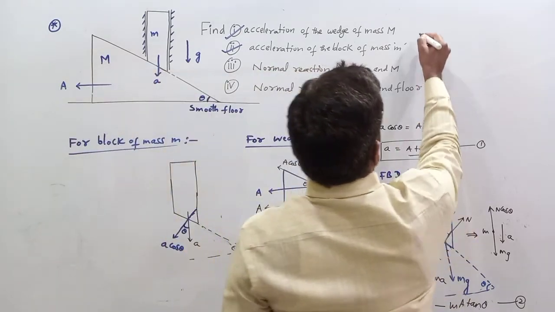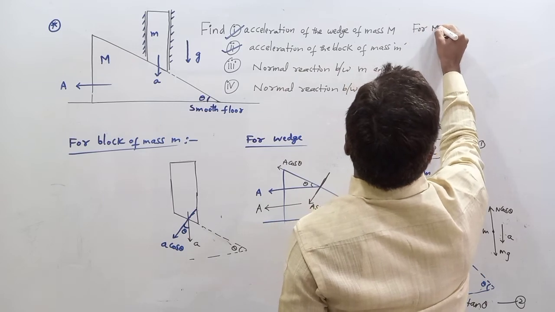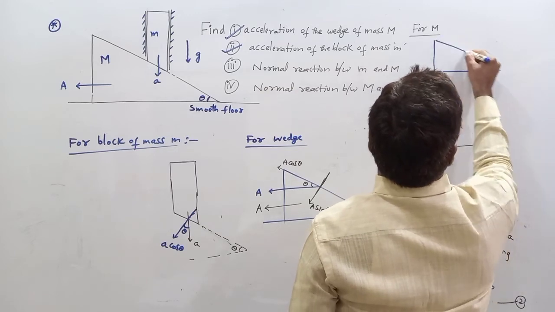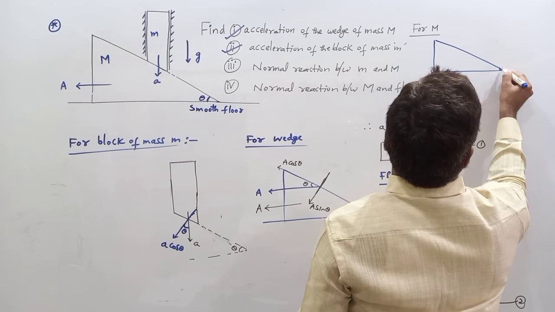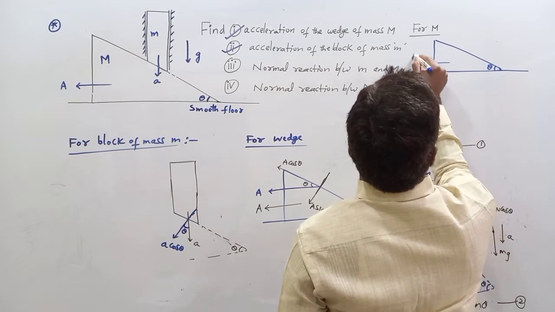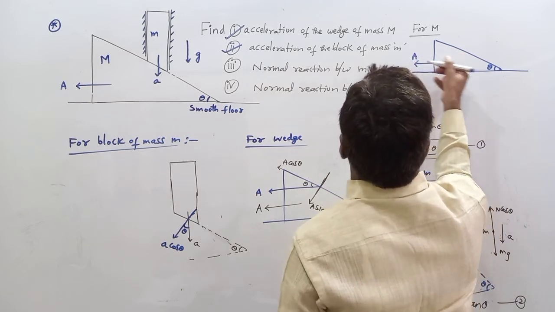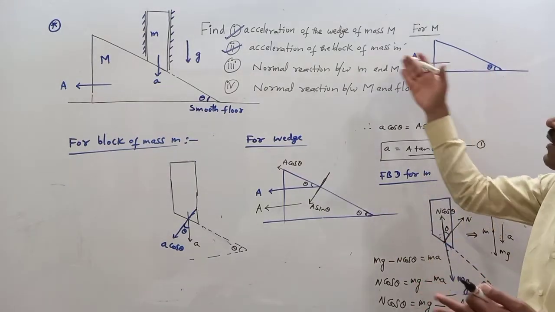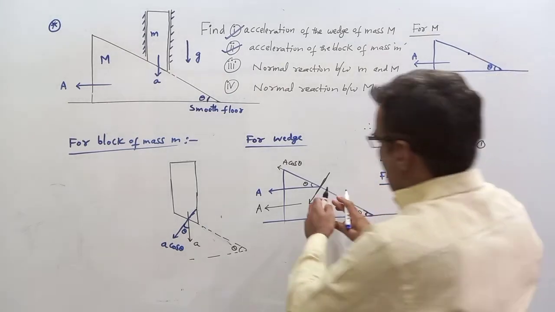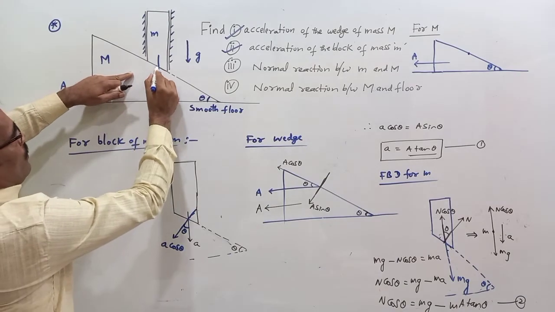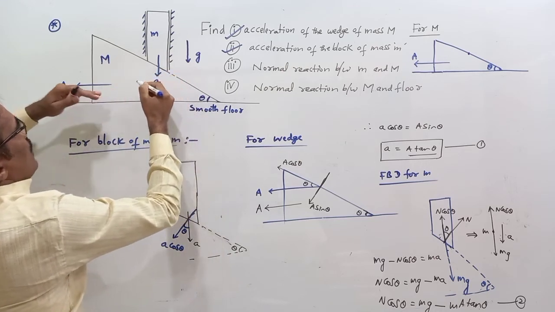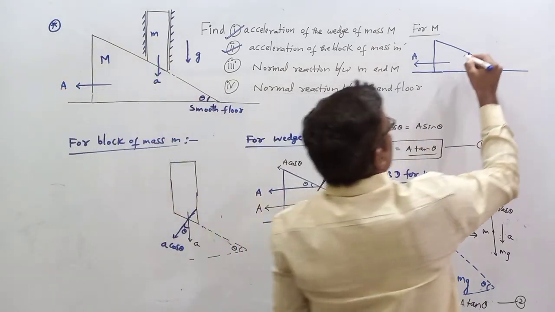From the free body diagram for the block, that is over. Then the free body diagram for capital M. Listen carefully. This is angle theta, horizontal surface. It moves along this side. Why does it move horizontally in this direction? Because some force is acting along this side. What force is acting? Here, this is the normal reaction. Normal reaction on the block is this side. Normal reaction on the wedge means this side.